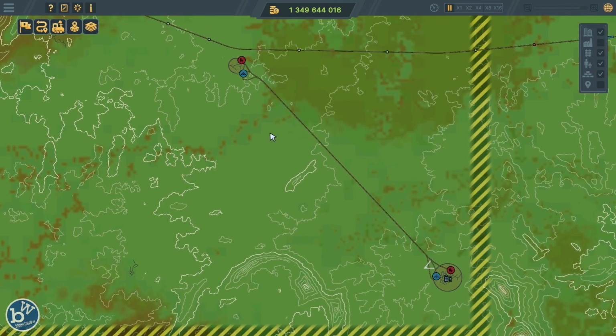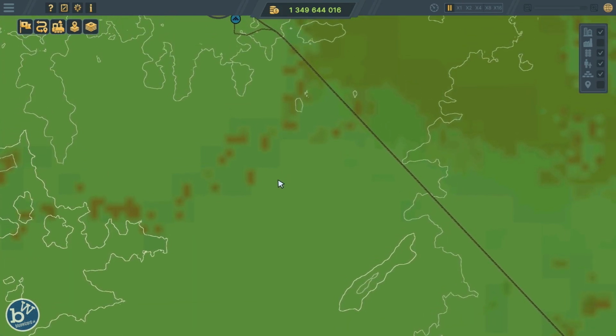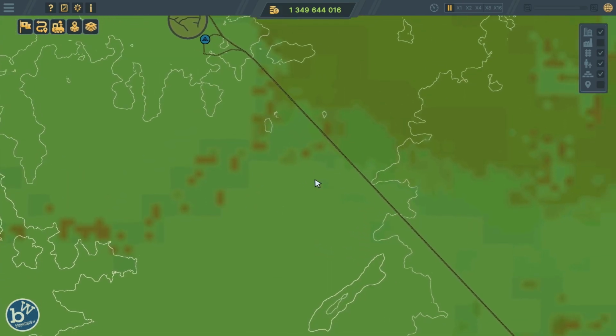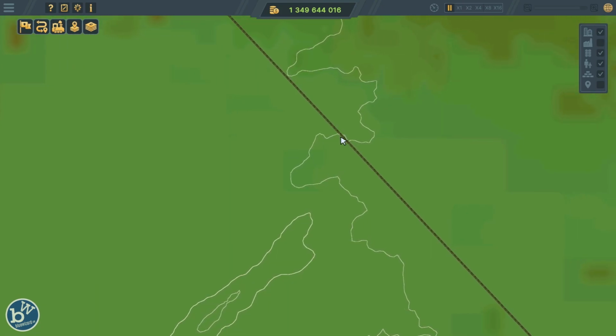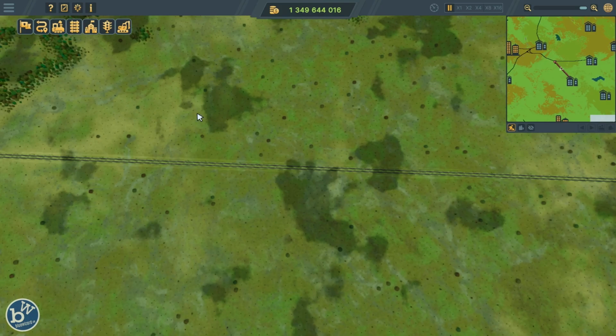Got the 2 passenger stations. We haven't actually connected any further than this yet. We'll just connect passengers from here to here for now. By the way, I want to connect into there. Right, we're good. Now we're going to talk about